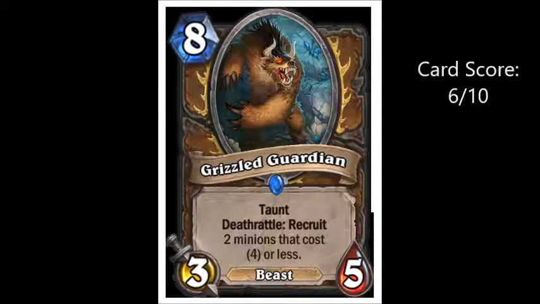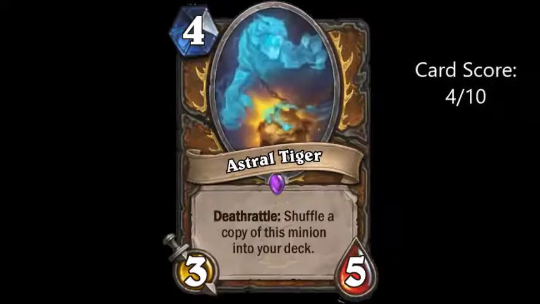Grizzled Guardian, a decently statted minion when you include the 2 minions it pulls from your deck due to its death rattle, and its death rattle should go off due to it retaining taunt, and it being a beast is just a slight bonus. Astral Tiger, 4 mana 3/5, where its death rattle shuffles a copy of it back into